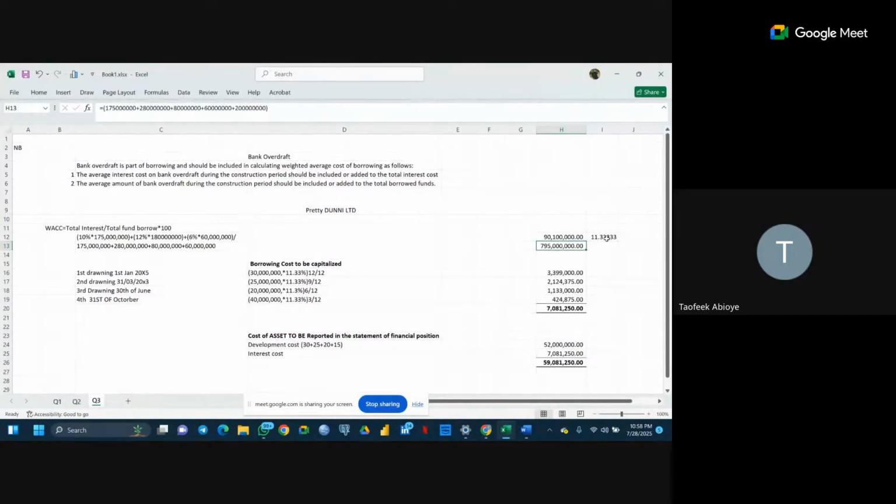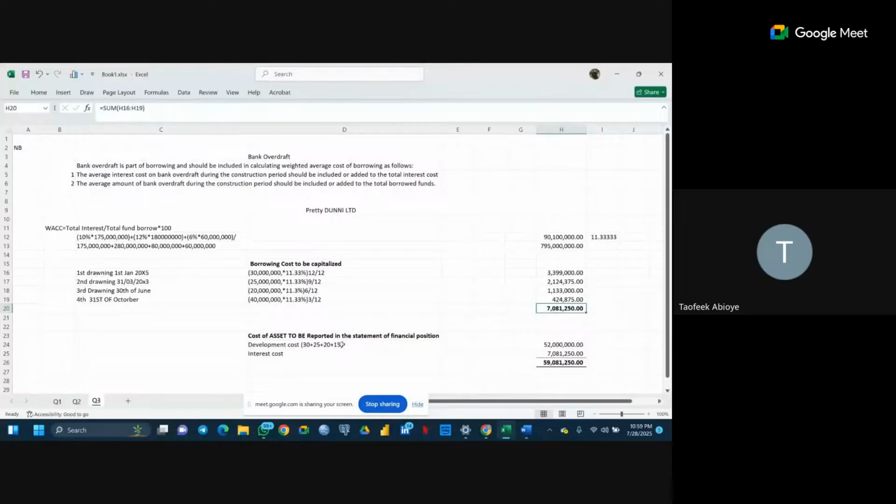Now I told you that we will not consider the monthly withdrawal if you are using a specific source of finance. But if you are using a pool of finance, we are going to consider the amount and timing of withdrawal. And this is what happened here. Our first withdrawal is on January, so that particular interest will be paid for 12 months, from January to December. Our second withdrawal is on 31st March, which means the interest we are going to pay there will only cover 9 months. The third one is in June, and the interest will be 3 months. The fourth one is in October, and the interest is 3 months. I believe this is very straightforward based on our previous example.